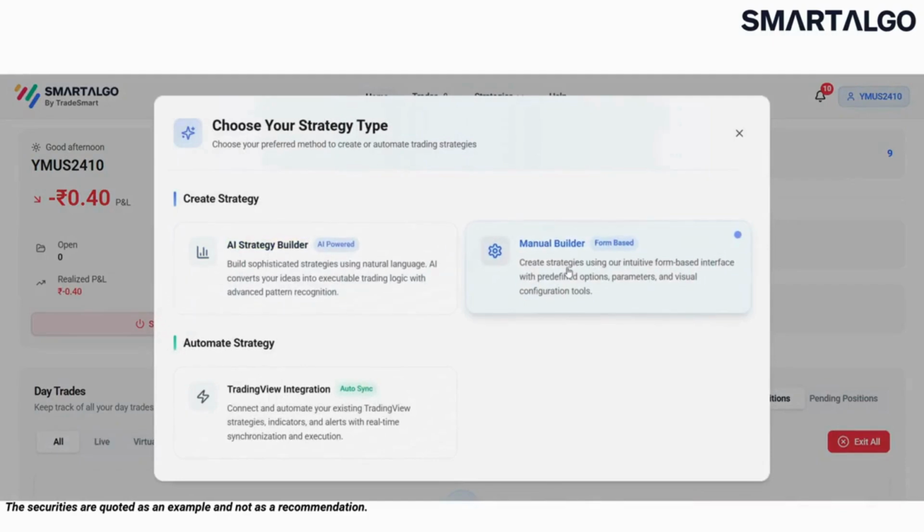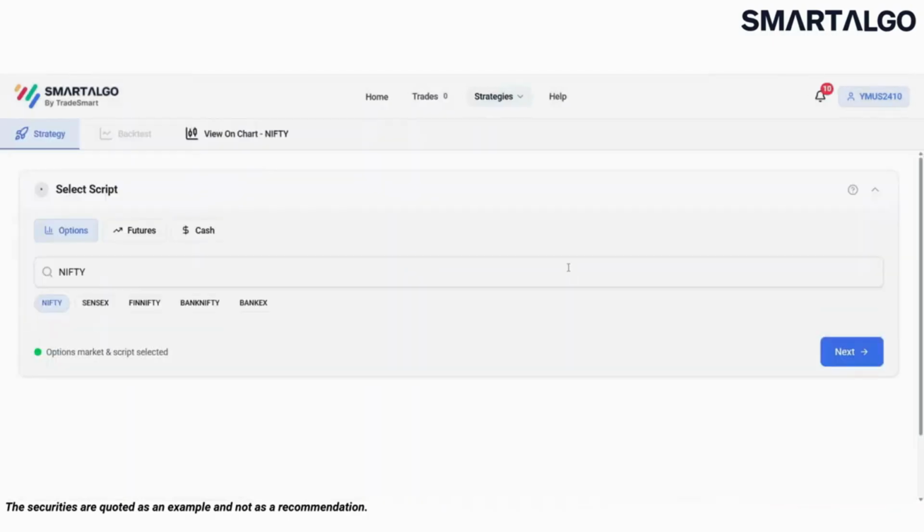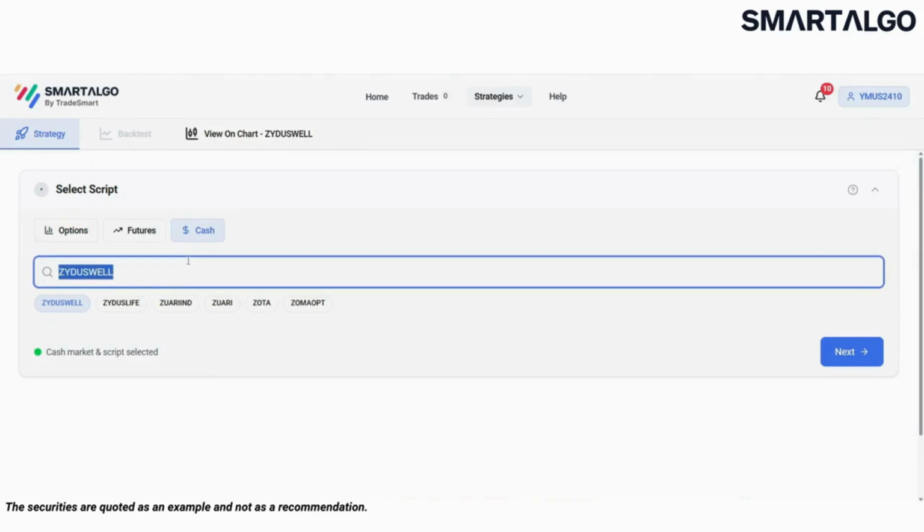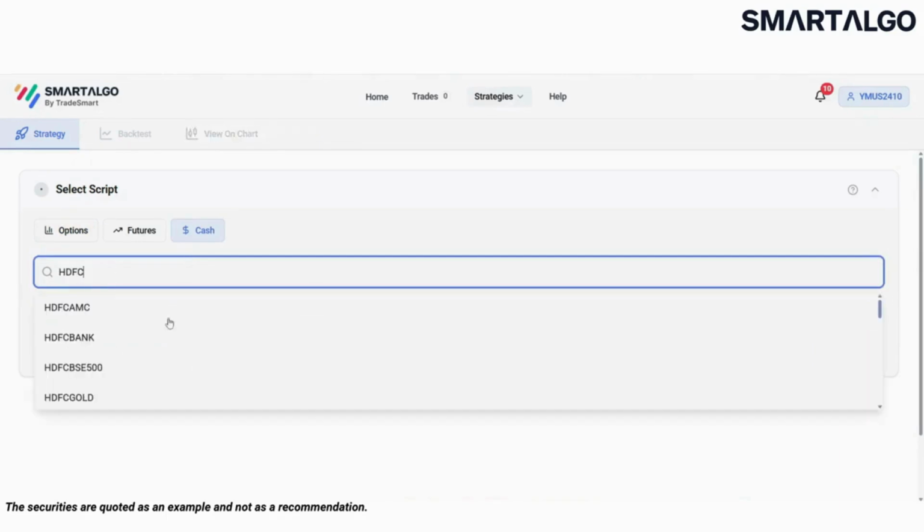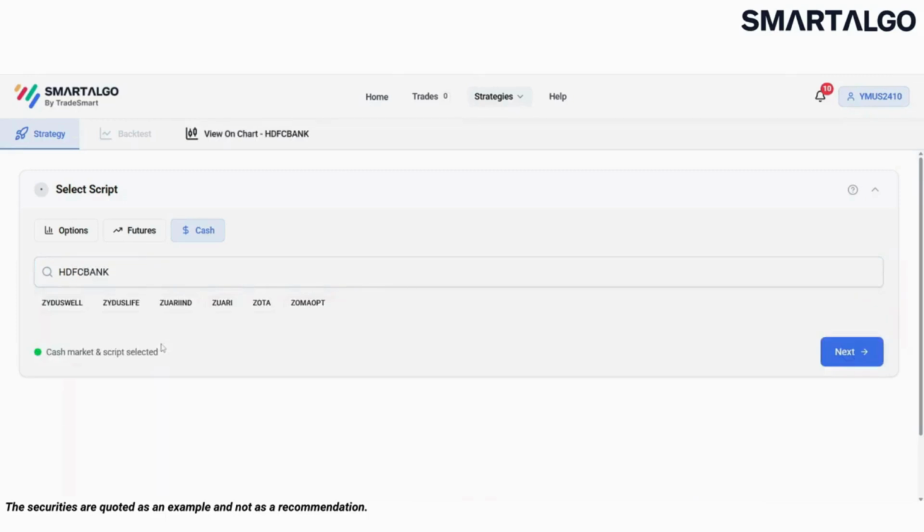Click on Create Strategy and select Manual Builder. The first step is to select your instrument type. Choose whether your strategy will trade in options, futures, or the cash segment. Next, select the script, the specific instrument or index your strategy will trade, such as Nifty, Bank Nifty, or any